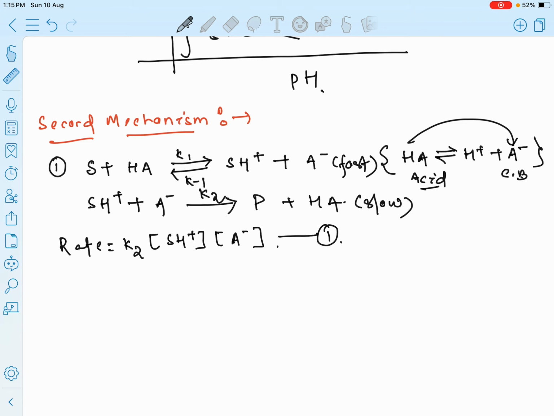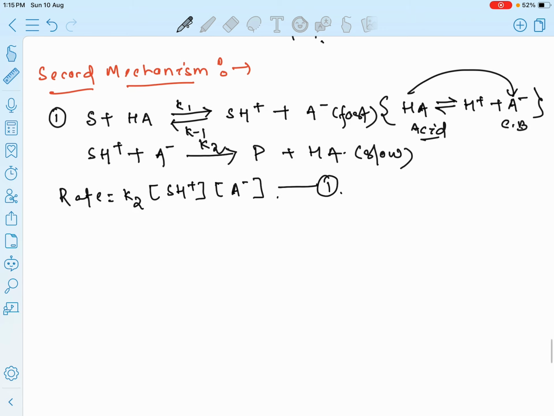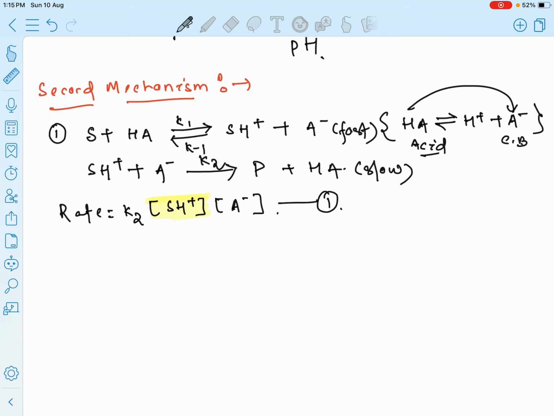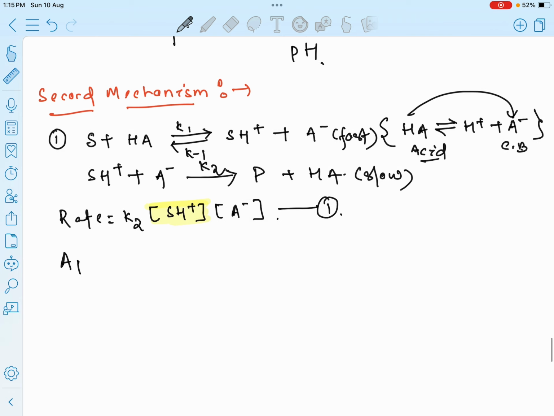Let us consider this to be equation number 1. But the concentration of SH plus cannot be monitored with time. Why? Because this is a transient, higher energetic species whose concentration cannot be calculated or monitored with time. Therefore we will apply